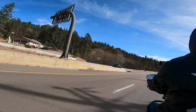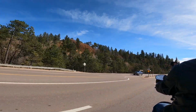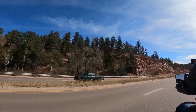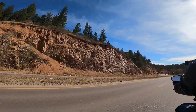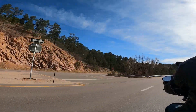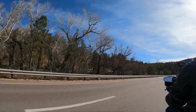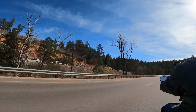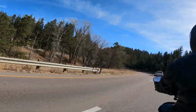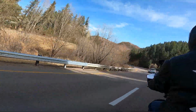The wind, even though it was difficult, this bike was heavy enough. The gyros in it kept it upright as best it could, and with just the right amount of pressure, we were able to maintain our location on the road. We didn't get thrown across the highway or anything like that. So it was still doable, even in 40-mile-an-hour consistent winds, with gusts up to 60. And yes, there were a lot of gusts up to 60. The wife was definitely nervous on that piece, but handling it was actually not as bad as